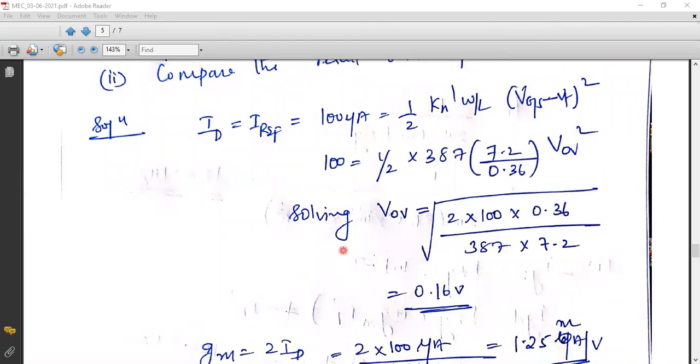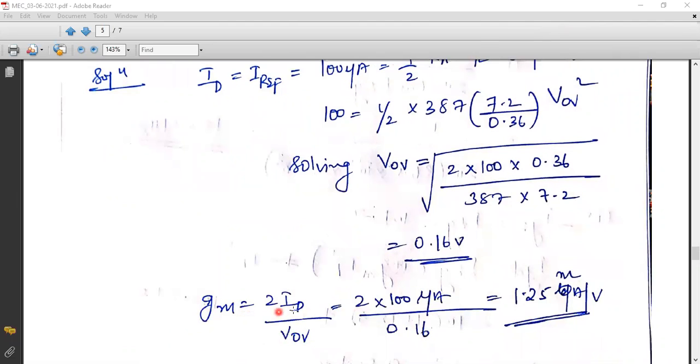So once you find VOV, now you can compute GM, which is 2ID by VOV. So your answer will be very large. It will be in microampere per volt. You can convert into milliampere per volt by dividing it by 1000. Okay, this is in micro, right? So divide it by 1000 because the resistance value and all is in kilo ohm only. So what we are going to do is we will convert our GM answer into milliampere per volt. So if you multiply